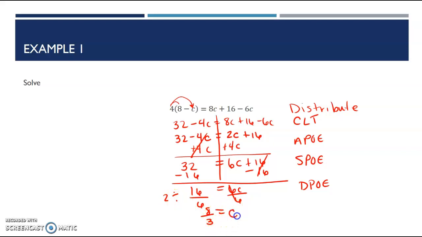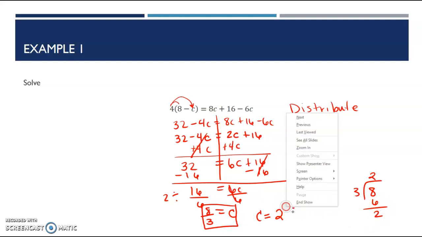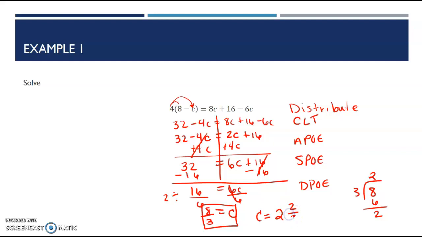So 8/3 equals c. Again, if I'm not sure about my answer, I can plug it back in and double check. But I personally did it and know that this should be 8/3. The other way you could write it is that c equals 3 goes into 8 2 times, right? If we have 8 divided by 3, it goes in twice because that's 6, leaving us with a remainder of 2. So 2 and 2/3. So both of those would be answers. Just make sure that you are looking at what Math Excel asks for